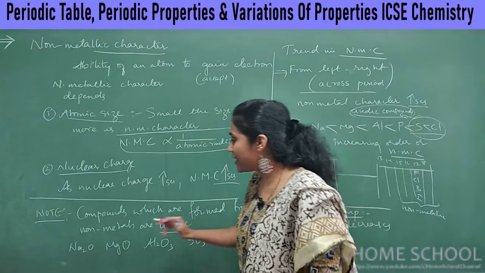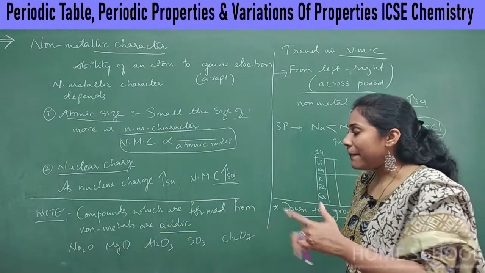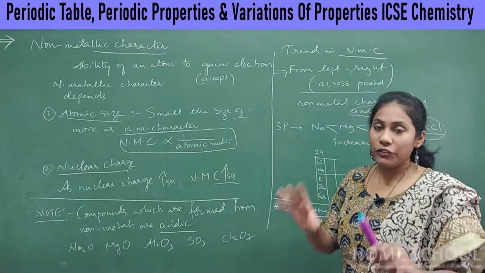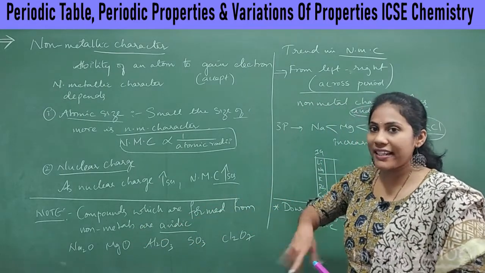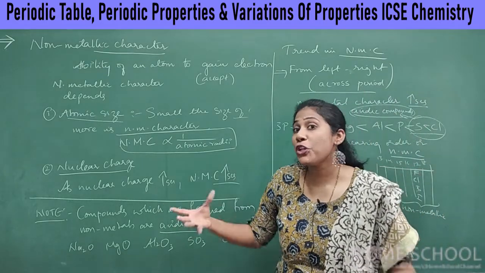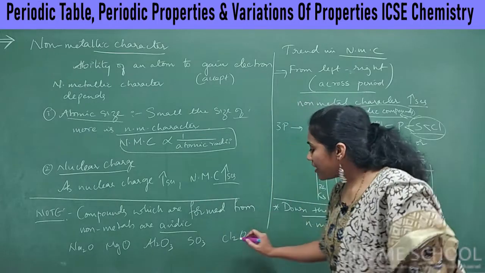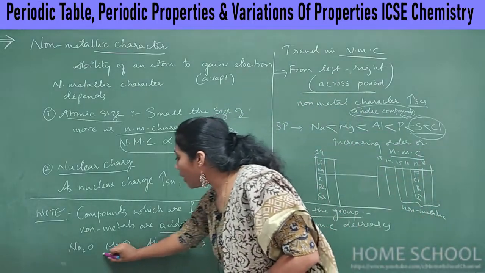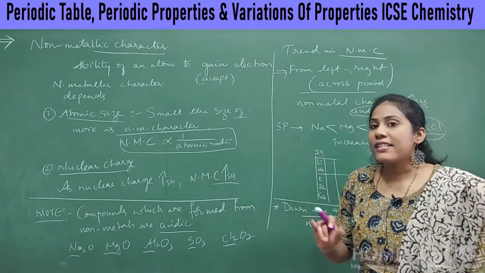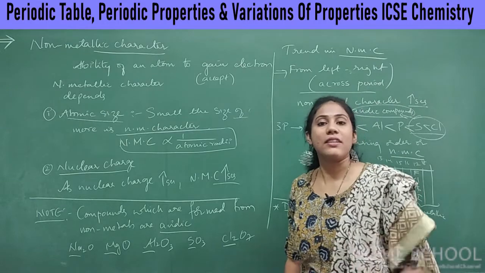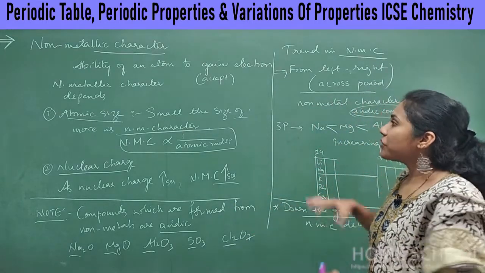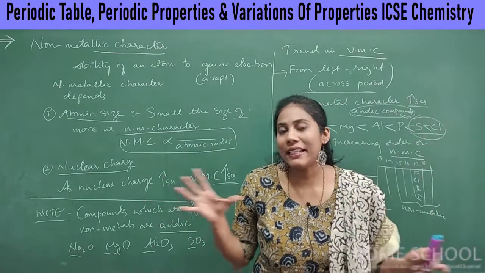So my question is, you have these oxides and I'm asking which of the oxides is the most acidic oxide. How do you decide acidic property? You will decide whether an oxide has the most non-metallic element or not. Just concentrate on the element and think of which element is most non-metallic. Then that respective oxide is the most acidic oxide. So I think you can post your answer in the comment box. This is all about the non-metallic character.